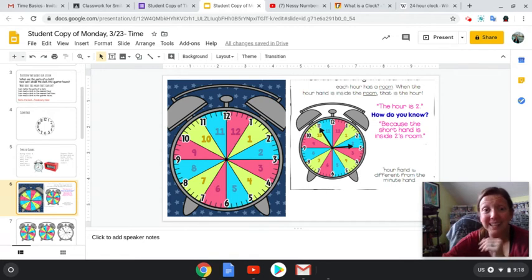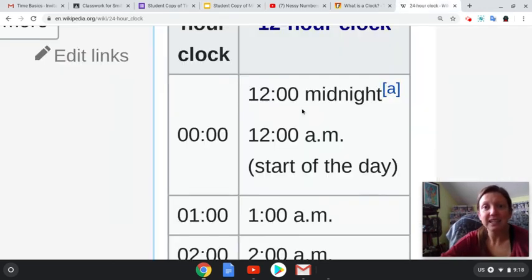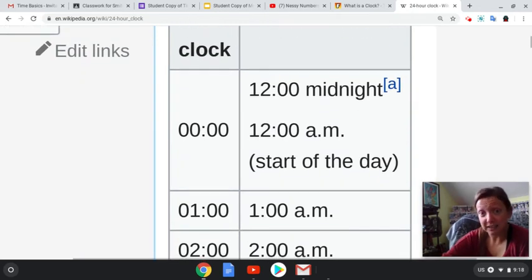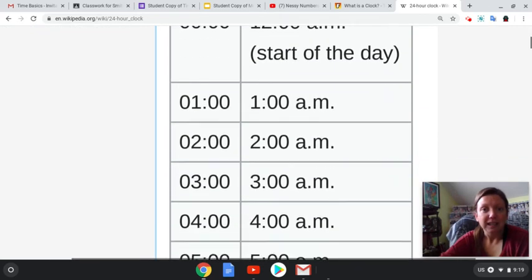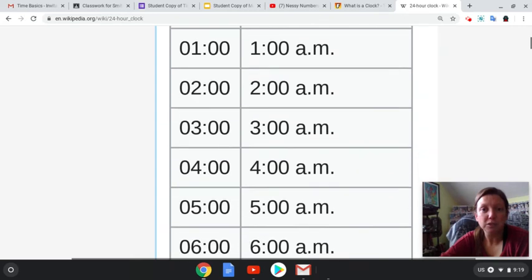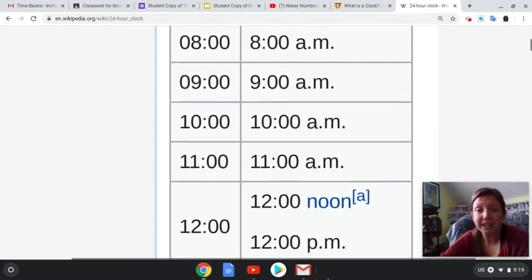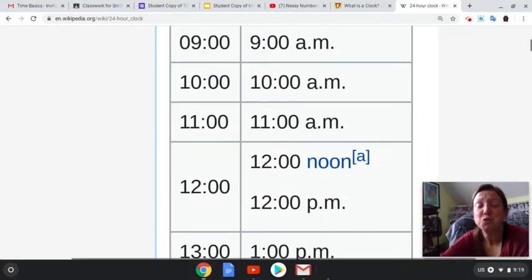This is where we get into the AM and the PM. Here is a clock. And we always start, the new day actually starts when you're sleeping. I know it's crazy, huh? So it actually starts in the middle of the night. That's why we call it midnight. And the clock goes around and it goes 1, 2, 3, 4, 5, 6, 7, 8, 9, 10, 11, 12